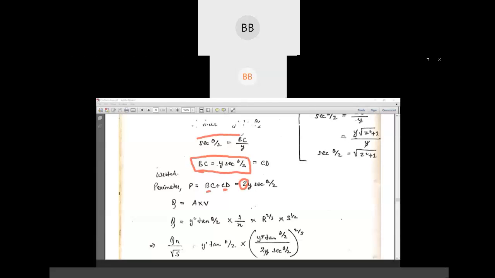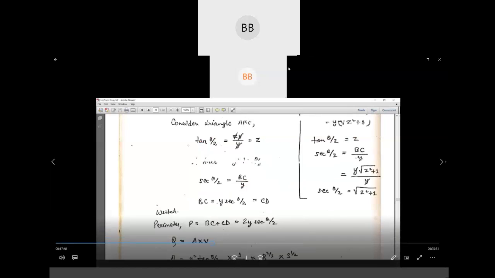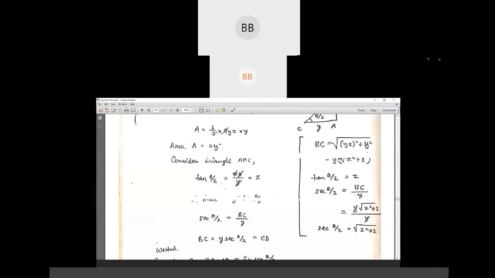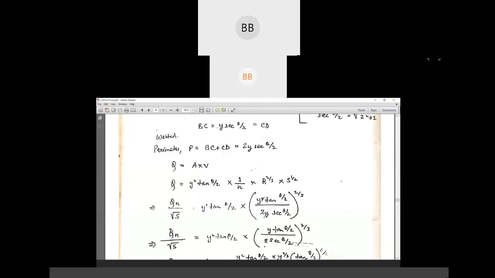From here you can say BC is nothing but y sec theta by 2. So we have got an expression for the wetted perimeter. We have got an expression for area, that is zy square. So now we are going to take the